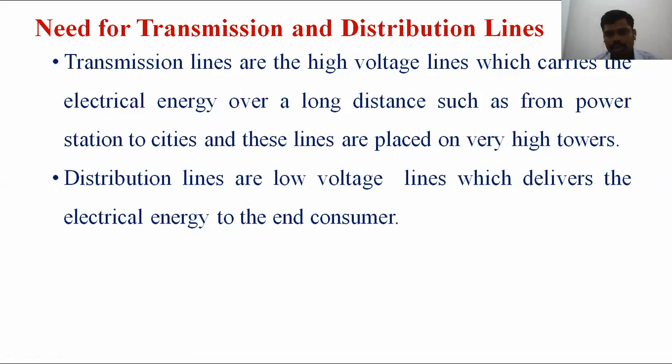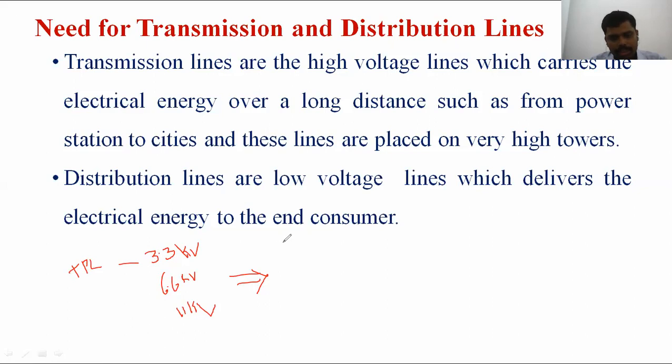Only in the generating station is the step-up transformer used. In all the remaining places, step-down transformers are used. Why boost the voltage from 3.3 kV up to either 132, 220, 400 or 765 kV? For example, take the thermal power plants. There we generate either 3.3 kV, 6.6 kV or 11 kV. The cost comes in terms of thousands of rupees.